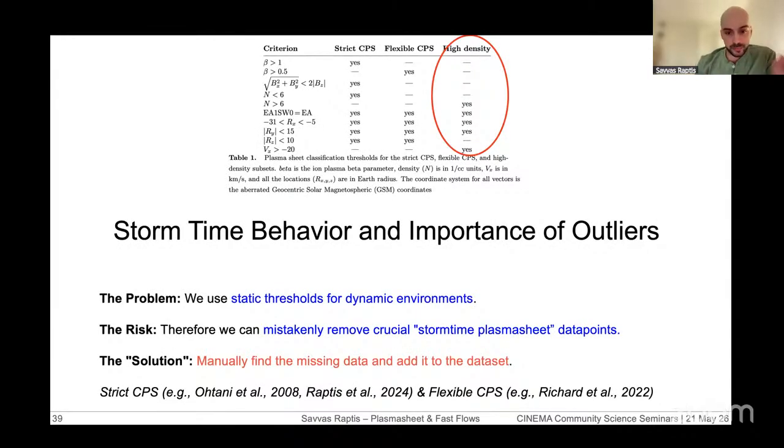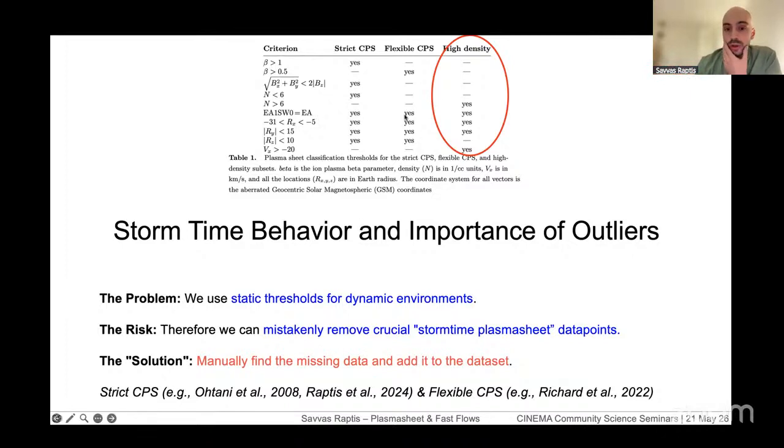I say I have a few more minutes, so I will also show those. Basically, what I want to highlight here is what we found when we compared our model during storm and quiet times. The problem we have during storms, as I said at the beginning, is that our strict thresholds may not work as we expect them to. In other words, sometimes during storms, because we have these very high pressure pulses in the solar wind, you end up with properties in the plasma sheet that the same thresholds we use may not capture as plasma sheet, but may mistake for something else.